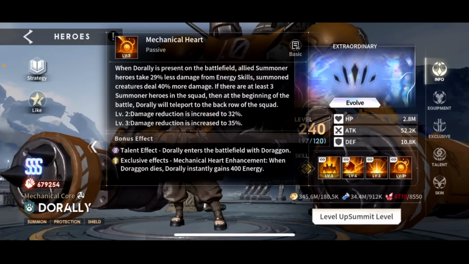And then her passive, Mechanical Heart. When Dorally is present on the battlefield, so the summoner, Dorally, the girl, allied summoner heroes will take 25% less damage from energy skills. Energy skills being ultimate skills. That's the translation. They call the energy skill the ultimate skill, the ultimate skill the energy skill. Also, summoned creatures deal